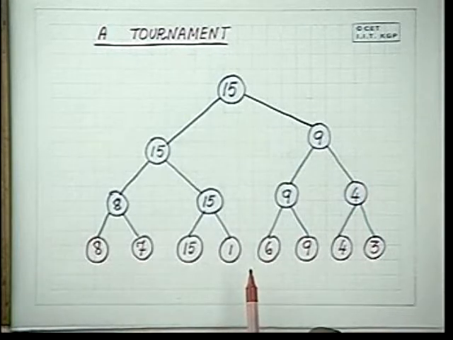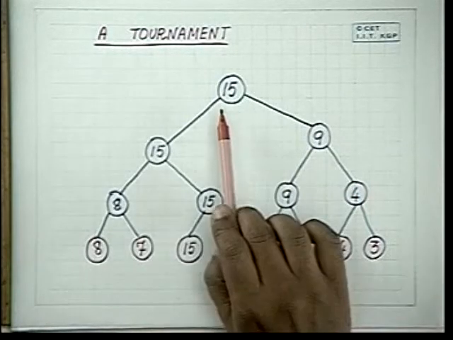Can 4 be the second largest? The person who is the second best player in this tournament must have lost to the best player sometime. That is the core idea. The second largest must definitely lose to the largest in a comparison. Otherwise, he is not the second largest. You cannot declare a person winner unless he has defeated the second largest person somewhere along the tree.